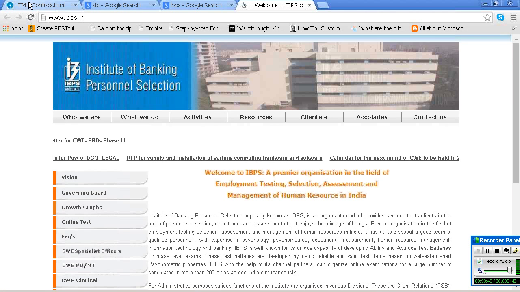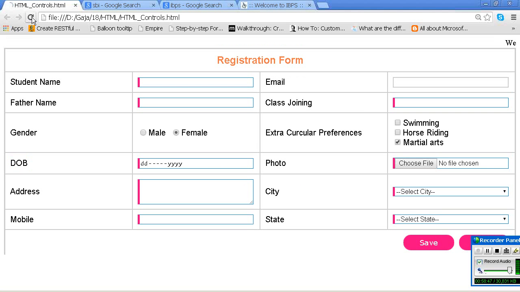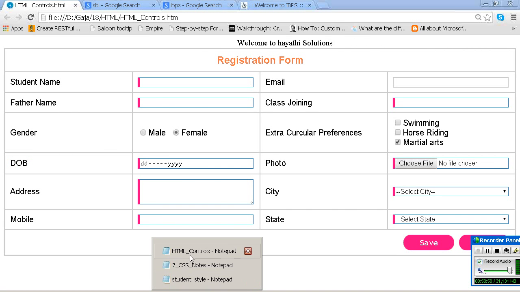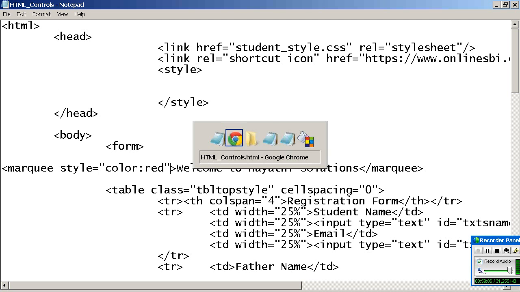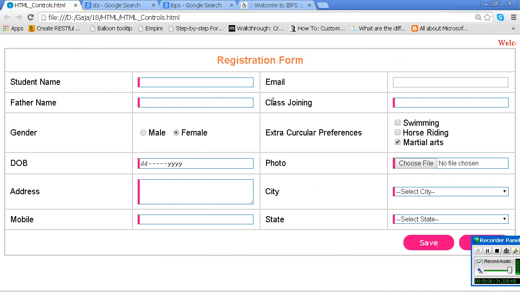Now see the output. For this you can use color. Color, anything, you know, right? Yes. Okay, one more tag I forgot. When I write for marquee, color red, so what will happen? It will go in red color.